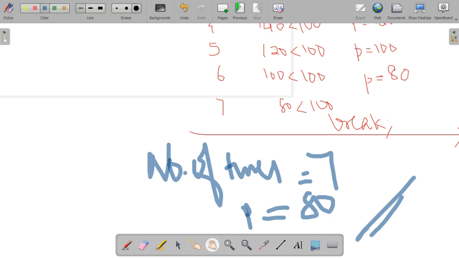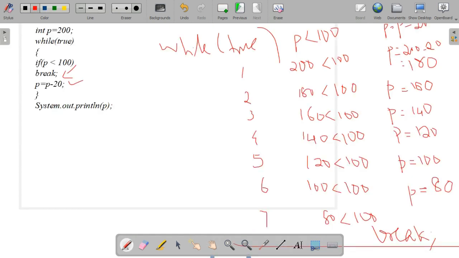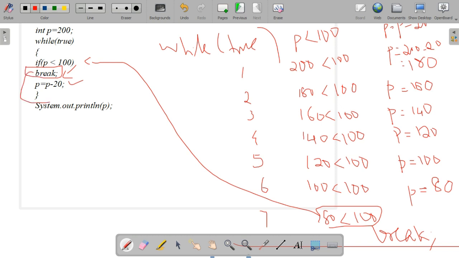This is the answer: number of times 7, value of P updated as 80. Here 80 less than 100, the condition is true, so it will execute the break statement. Break means it will come out of the while loop, and it will print the value of P as 80.